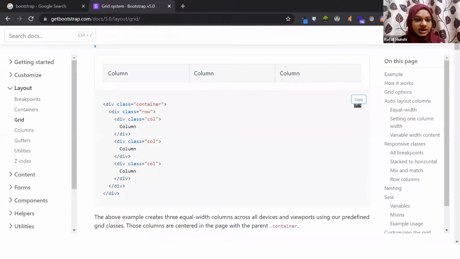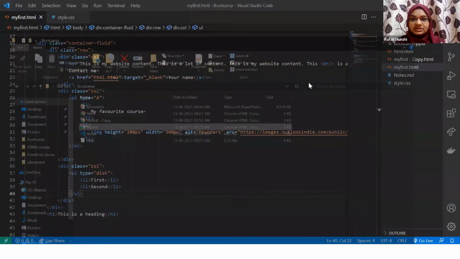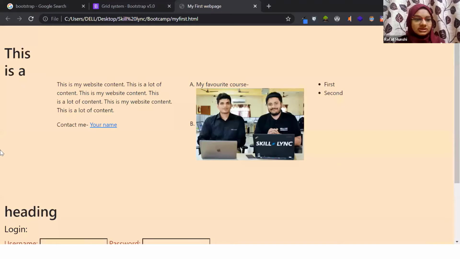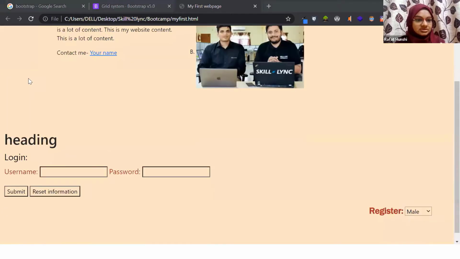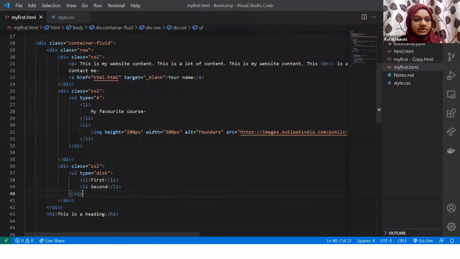Let's go and see how our web page looks. So now you can see that our web page has some sort of a layout, but it's not really something which I am liking. So this part is coming in a very small space, and these kind of things are coming over here. So I don't want this. I want my web page to look proper, right?